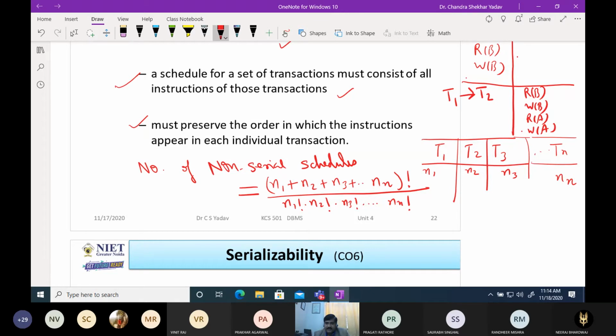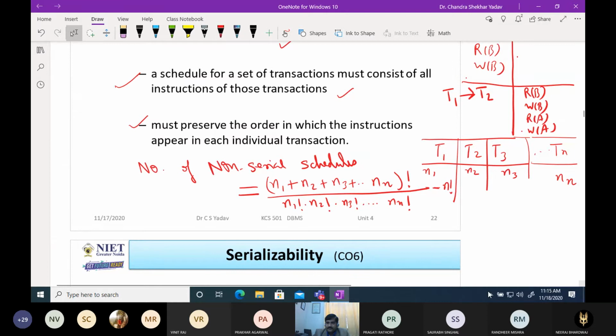This is the total number of schedules, and if we subtract the number of serial schedules, factorial n, then we will get the number of non-serial schedules. Did you get it? So this problem is related to mathematics.